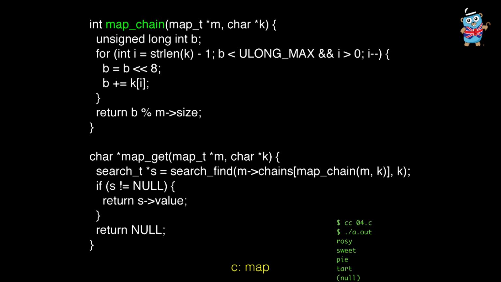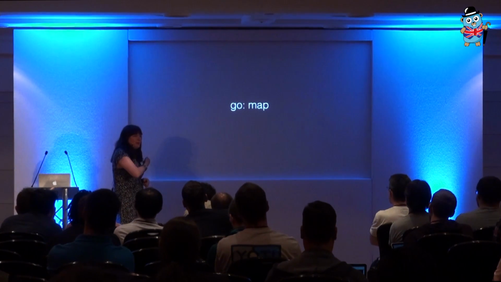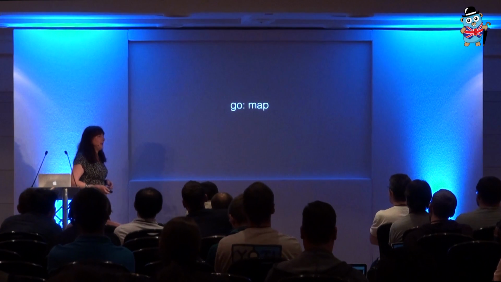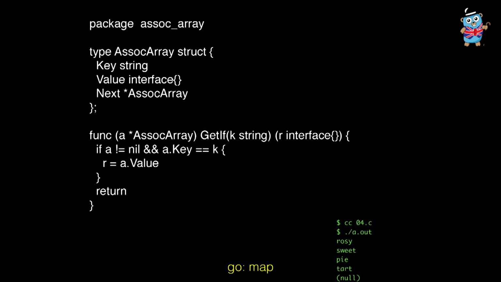So you can tailor it to the kind of keys or the kind of data or whatever. And that's kind of nice, because we can't do that with maps in Go. We get the map, and it does the hashing, and that's it. But we can do an implementation of that map algorithm in Go. And I put this in because I thought, well, you might as well do it in Go if you can do it in C. So firstly, associative arrays are dead easy in Go,